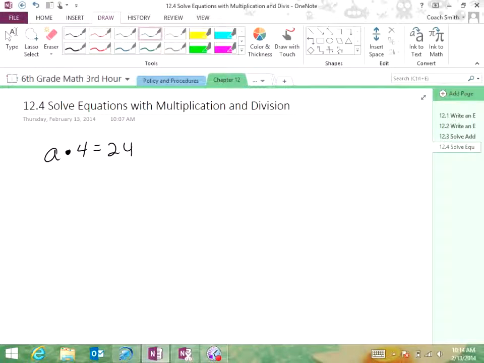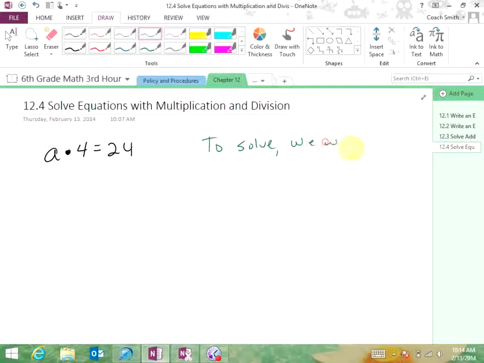A times 4 equals 24. So they're basically saying this: a number times 4 is equal to 24. Now, we can do that in our head. You know that 6 times 4 is 24. But once again, you've got to know the process so when we come up on harder problems, we can do the process. Okay? The process is, once again, to solve,